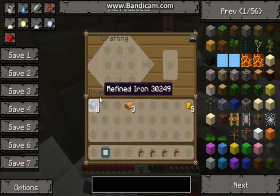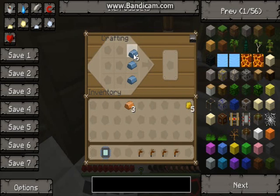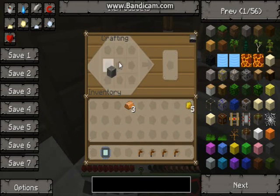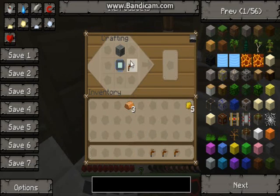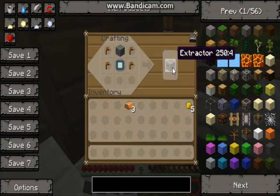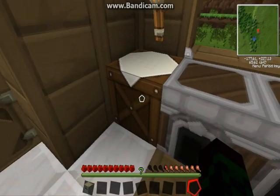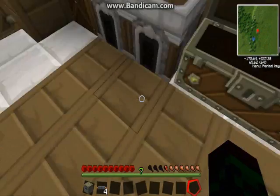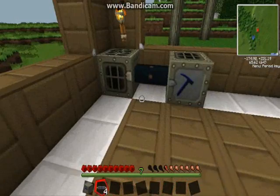Okay, so we've got our electric circuit there. Going to make another machine block. Just 8 refined iron like that. Machine block. And your 4 tree taps. Okay, so to make this, you got your machine block with the electric circuit just underneath, and then either side of that you're going to put your 4 tree taps to make an extractor. Ta-da! Right, oh, and we've got some extra cables here, so we'll grab them and we'll wire them up to